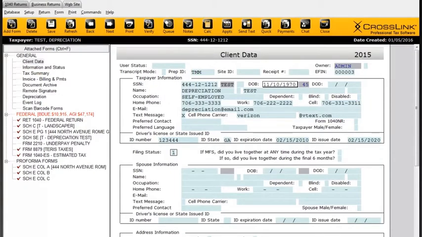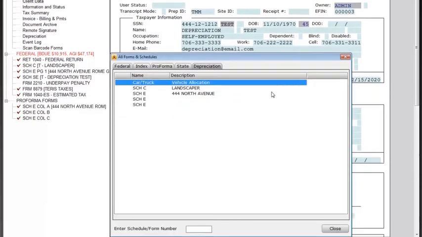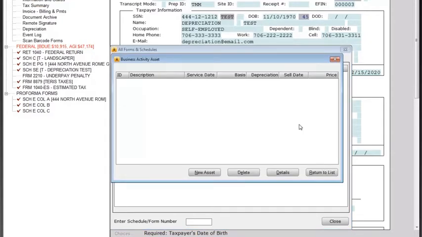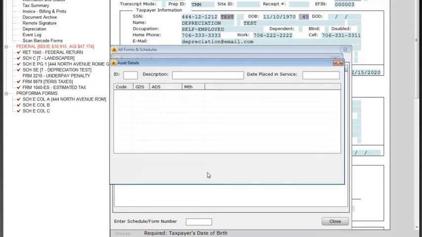In order to start depreciation, you see right up here under General, we've got Depreciation. If you click on this, it says that I have a Schedule E and a Schedule C that are attached here that the depreciation can go to. So I need to know 3 basic pieces of information in order to start depreciation. I need to know the type of asset that it is, the date that it's placed in service, and the cost of the asset. So let's open up our landscaper. Remember, I told you you needed to know 3 pieces of information. After you click the New Asset button,